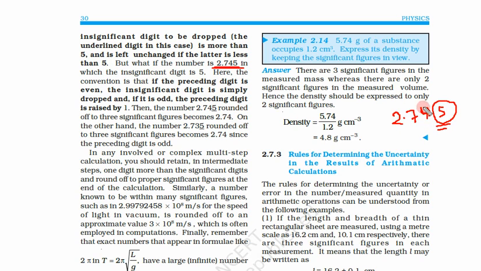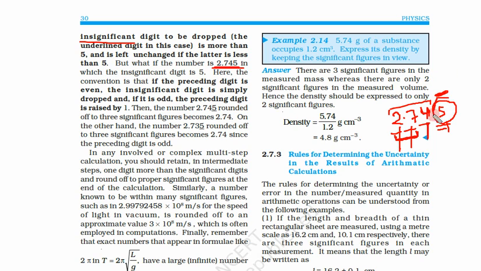Remember that these three numbers are significant numbers and this last number is an insignificant number. We are just holding it to perform the calculations accurately. So these three numbers are significant numbers. And what are significant numbers? Significant numbers are those numbers up to which we know the value reliably. So this is reliable, and this is the first unreliable digit. The second unreliable digit is uncertain or insignificant.